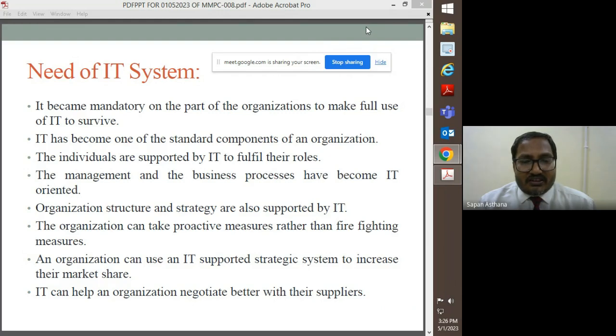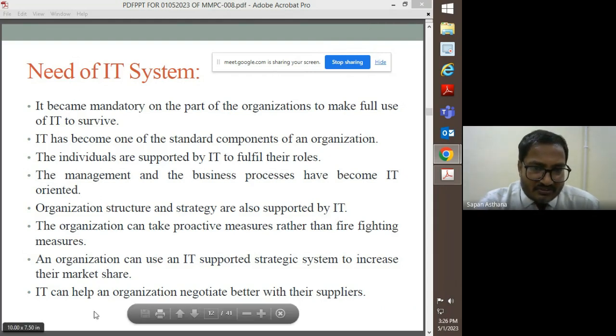The organization can take proactive measures rather than firefighting measures. And an organization can use IT-supported strategies, a strategic system, to increase their market share. And IT can help an organization negotiate better with their suppliers. That's why the information system is very, very necessary. These are the information points, and further